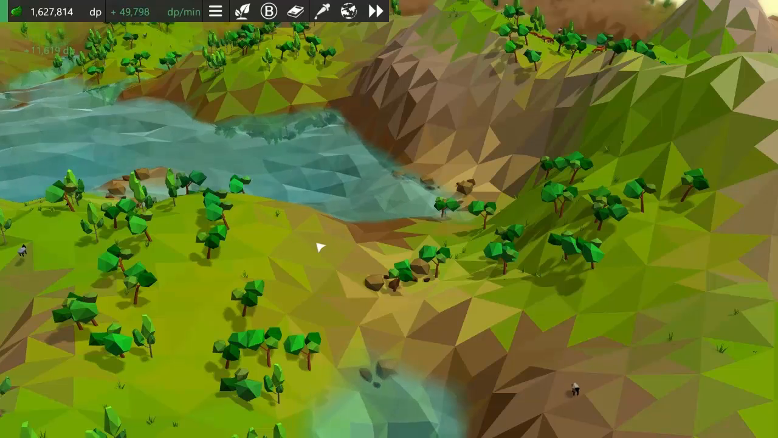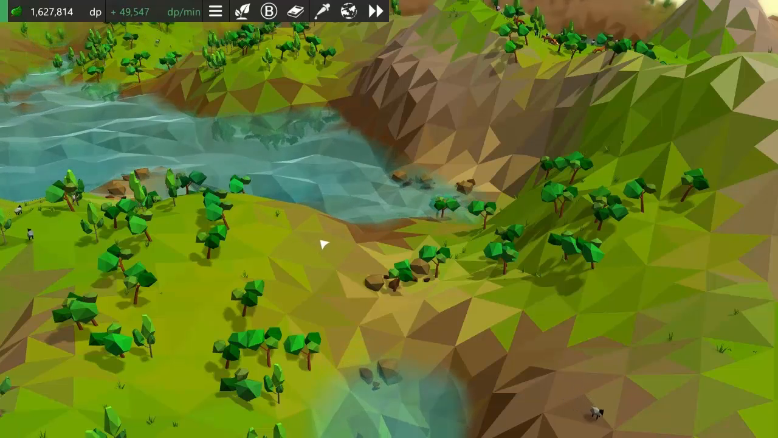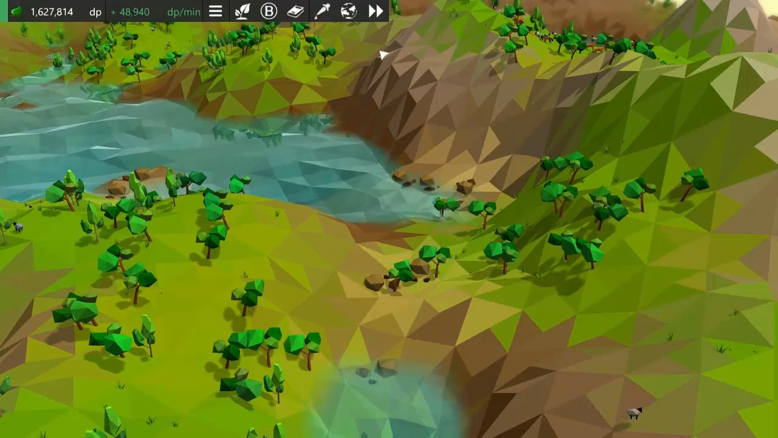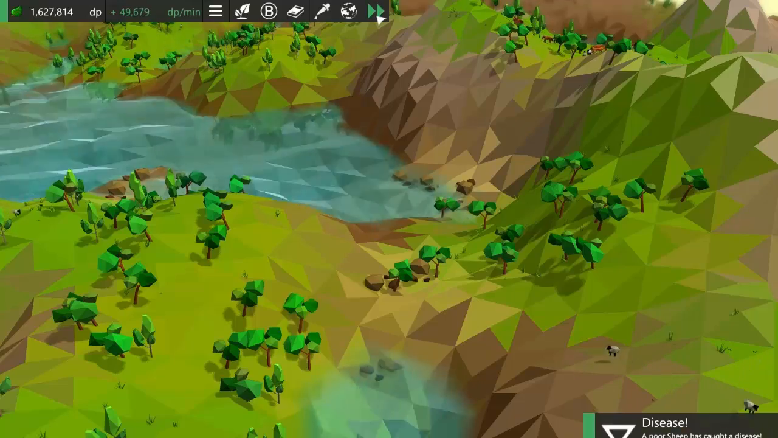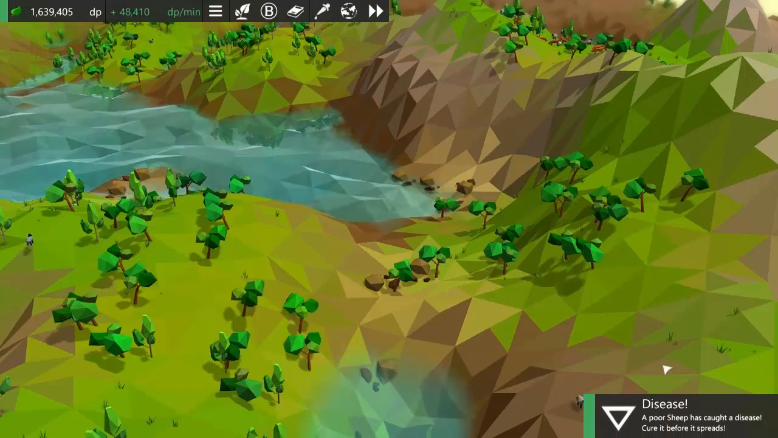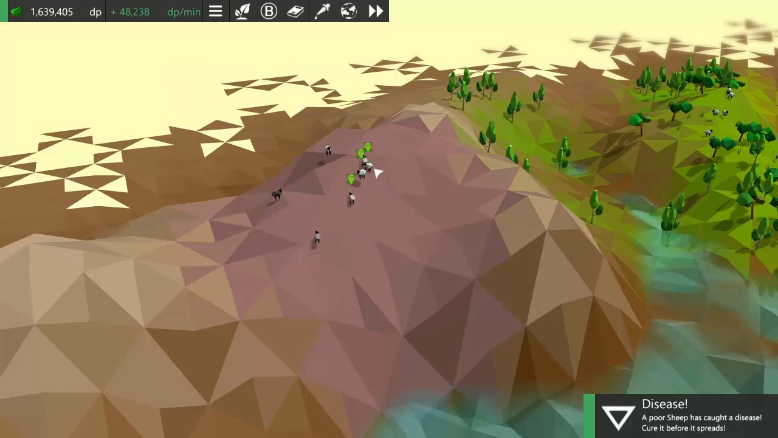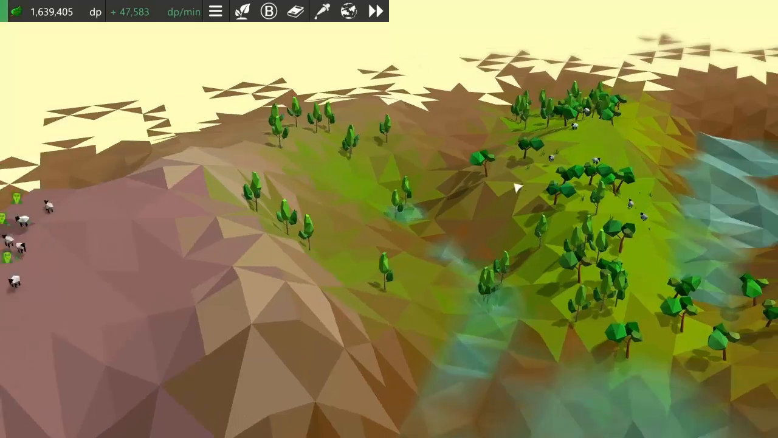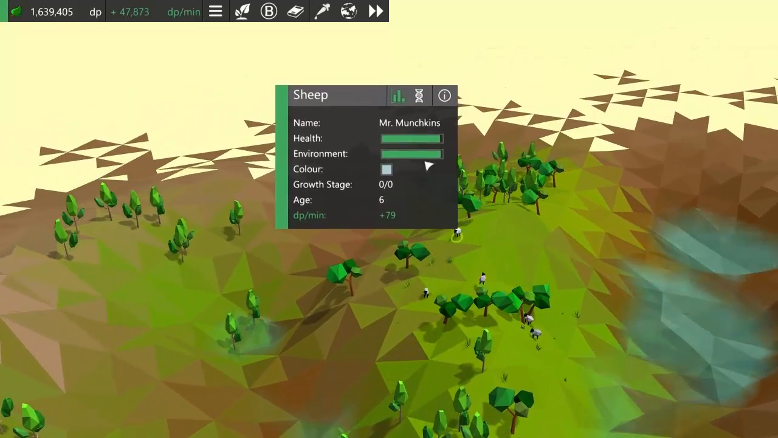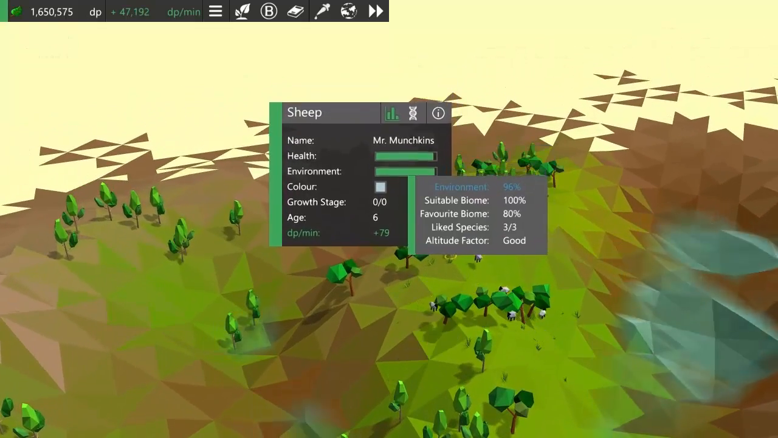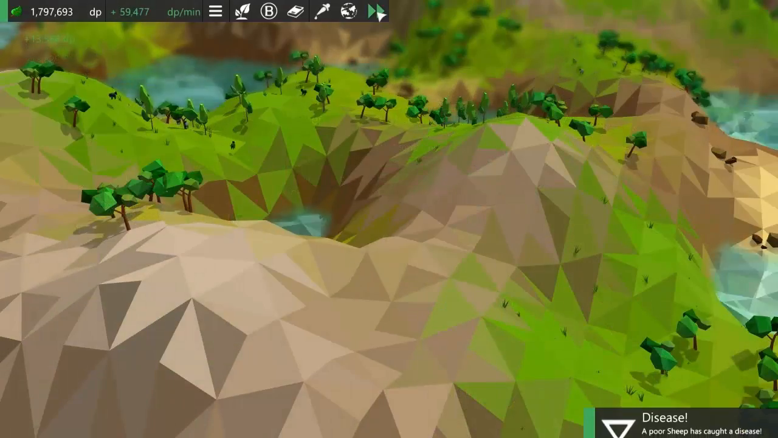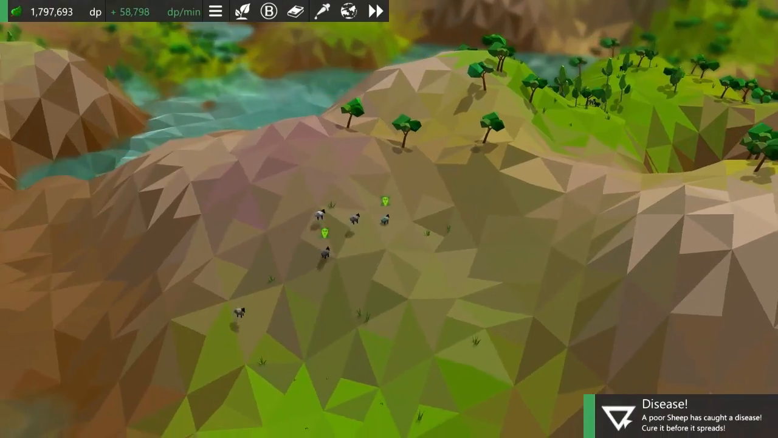So I have now pretty much finished the disease system, and I wanted to give you a quick overview of everything that it involves. So all animals and plants now have the chance of catching a disease, and that chance is significantly higher for the ones that are living in an unsatisfactory environment. So these sheep here, for example, are much more likely to catch a disease than these healthy, happy sheep over here. When an entity initially catches a disease, you get a notification about it so that you can go and sort it out,